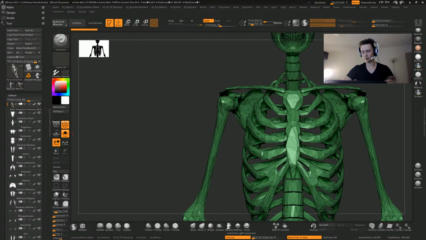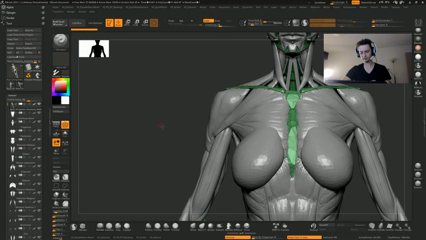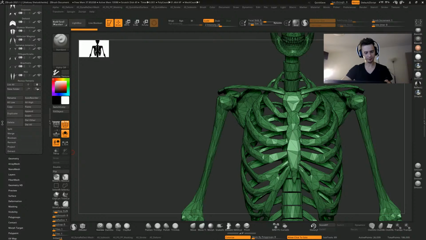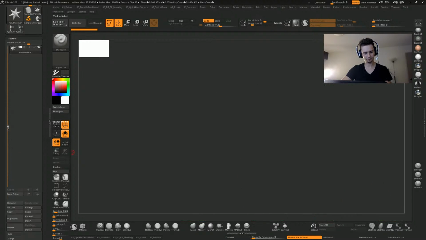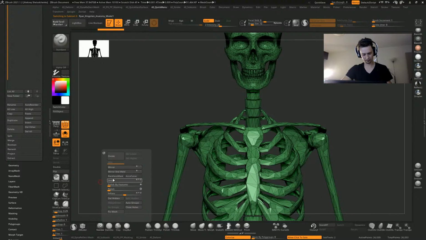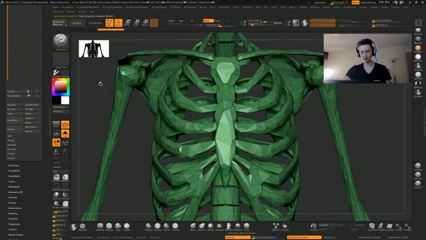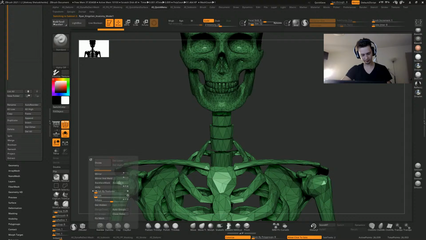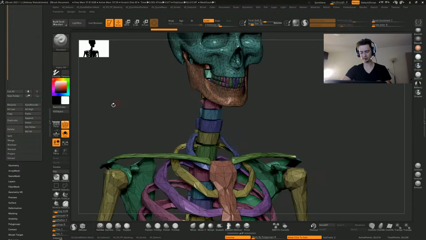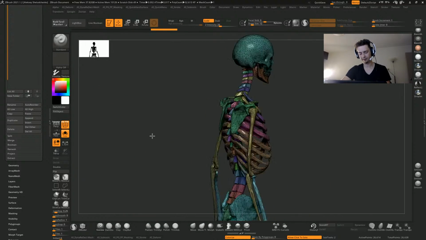Alrighty, let's do some sculpting, shall we? So, gonna grab this subtool, copy paste it. One thing I like about this particular mesh is that there's separate pieces, so I'm just gonna do auto groups, and we're gonna do mirror and weld. This way it's all symmetrical. And now we have